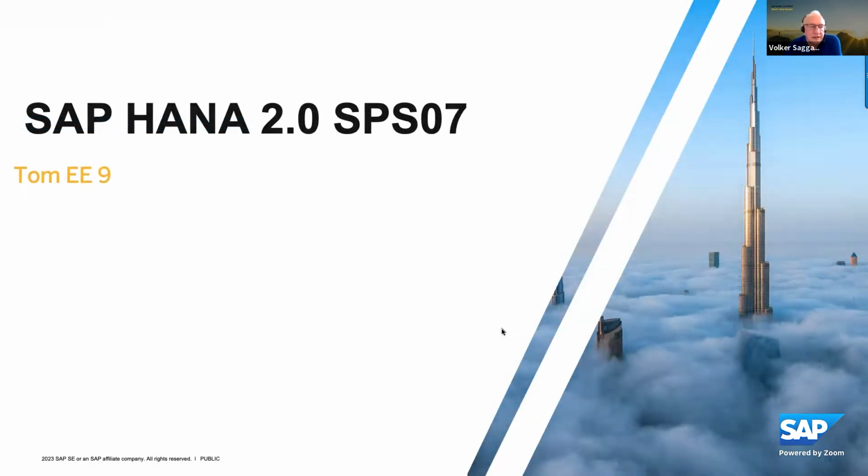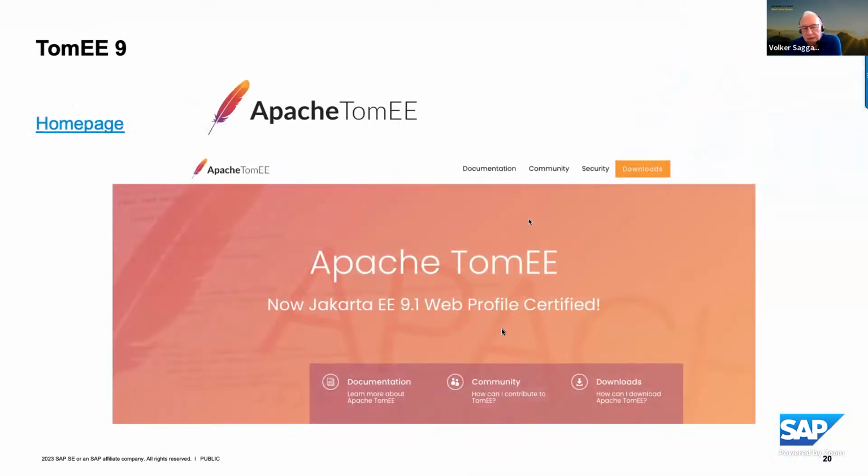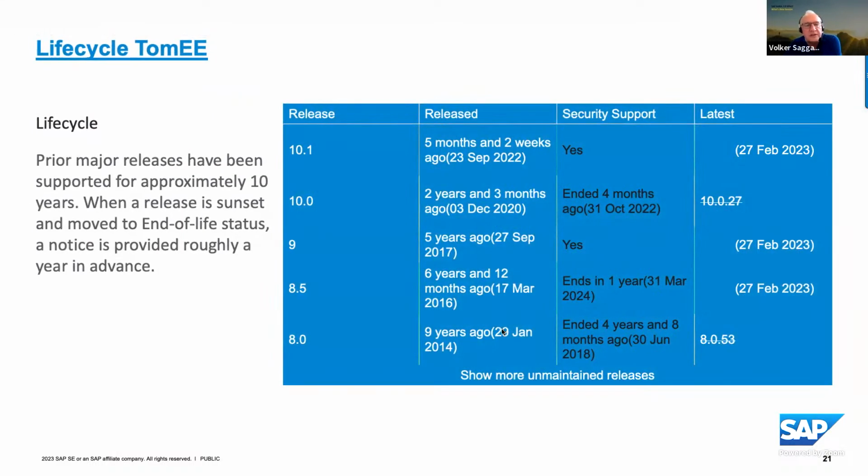TomEE 9, same thing. We implemented that version, so relevant information you can find on the homepage from TomEE. We just get things in. Here again, the life cycle of TomEE will also last until